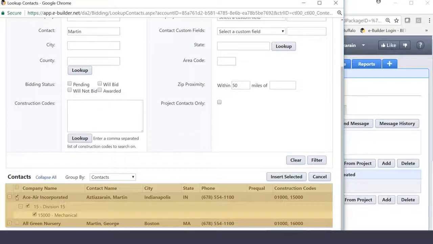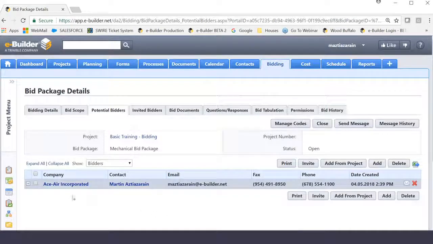So when I click this little checkbox, I am basically letting the system know that this is the person I intend on inviting to the bid. So when I click insert selected, the person or the company will be staged here on this page and ready